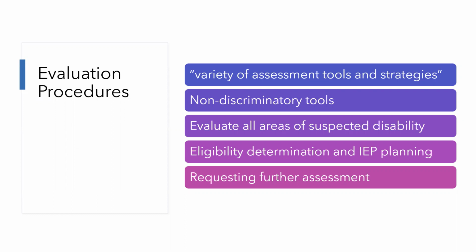The law doesn't specifically delineate how the schools have to inform parents. A lot of schools will give information packets to parents at the beginning of the process or before the IEP meeting. Everyone's busy and people often don't take time to read through the documents they're given. They can be very, very dense, but a lot of times that's where parent rights like this one are going to be listed. So if you are a parent with a child with a disability, I encourage you to find the time to thoroughly read everything that the school gives you so that you are best equipped to advocate for your child.